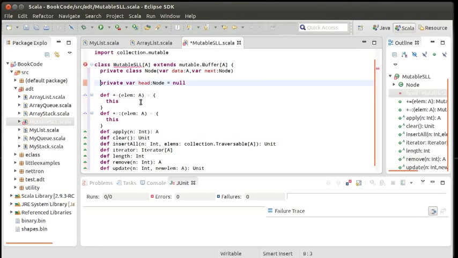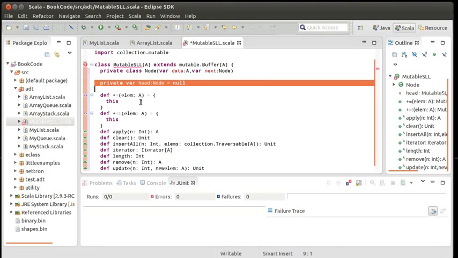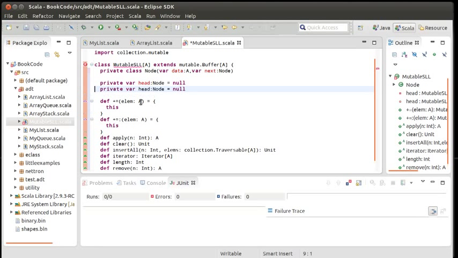In addition to storing the head, I am also going to store a tail. And while this will complicate the code a little bit, I think it's worthwhile to do, mainly because this function right here, the plus equals, is supposed to append to the end of the list, and that gets very inefficient. The other thing I want to add in here